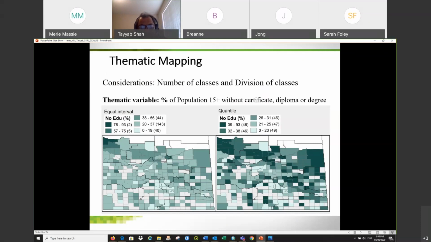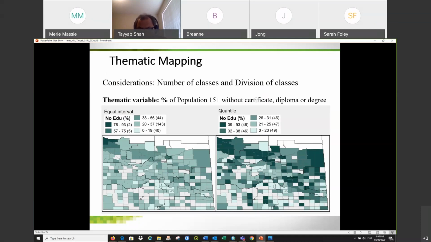Sometimes you can misinterpret those patterns, like you say it's very high and low, but actually the classification method you're using behind it is playing a critical role. So that's why it's good we are using thematic mapping in most of the cases, and that's a major use of the data. But